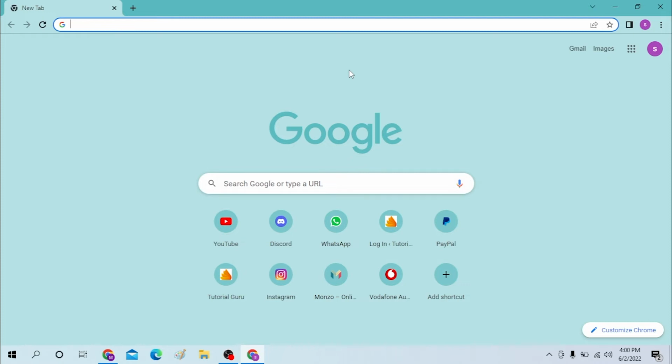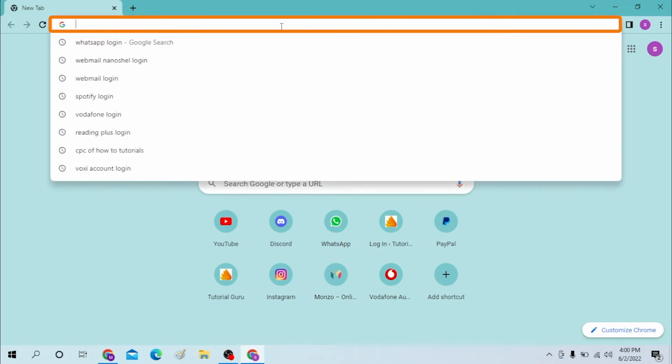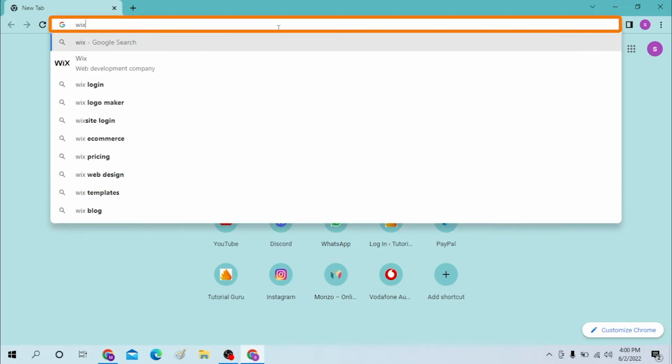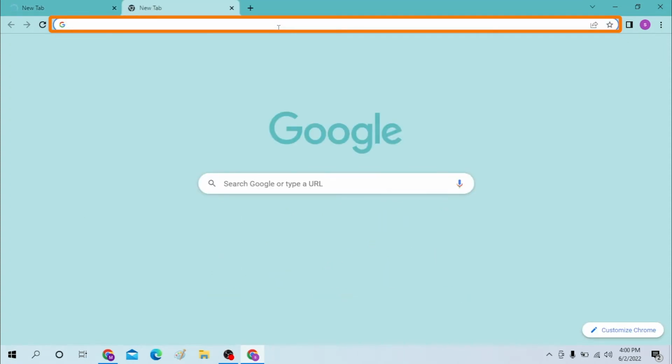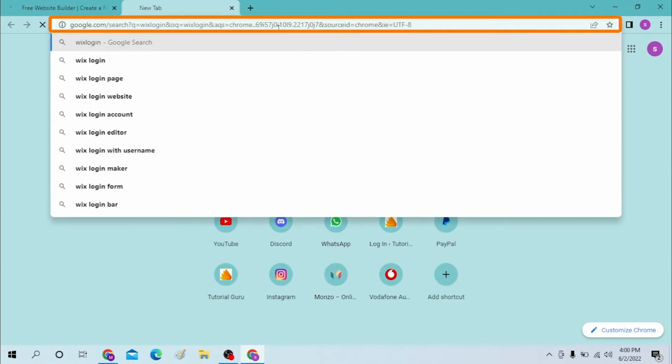Okay, on your computer, first open up your preferred browser. As I have already opened Google Chrome, you can see, and on the search bar, click over there and type in wix.com and hit enter, or you can just simply search for Wix login in Google itself, and you will